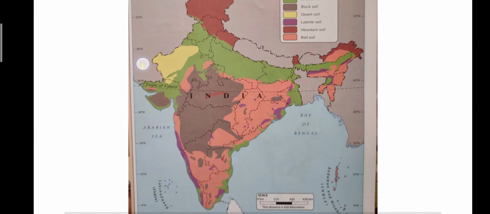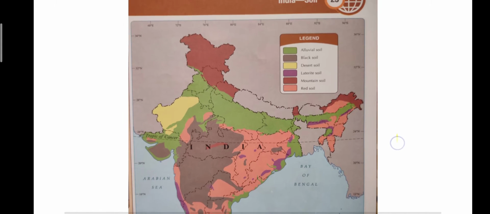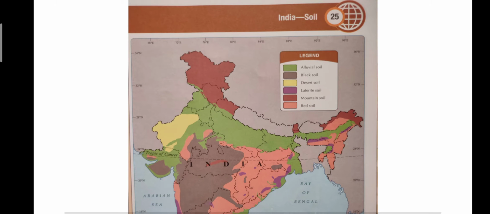And lastly, it is slightly pink in color. So the color pink will show you the red soil which is present in different parts of the states of India. So this is a thematic map which will show you only one information at a time.